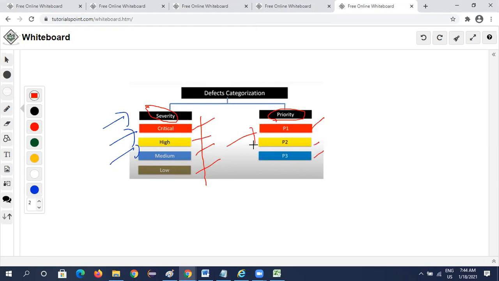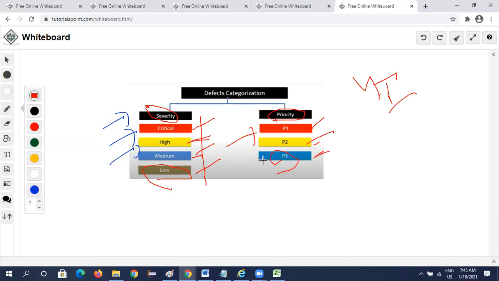So if a defect is P1, high priority is required. If the defect is critical, very high, the system application is getting crashed, I think. Then high, medium. In the same way, P2, P3. So P3 and low, very immediate attention is not required. You can take time. Most of the time, P3 or low will be of UI type, like color not matching or improper text or spelling mistake. So those would be the different categories.